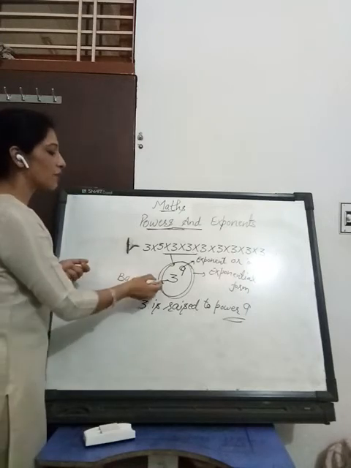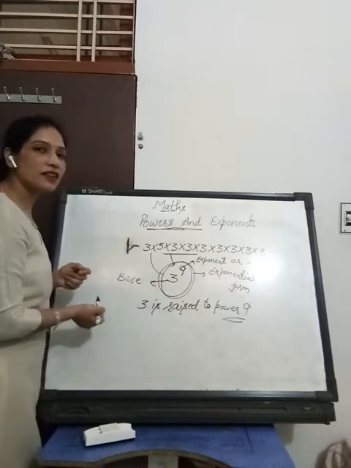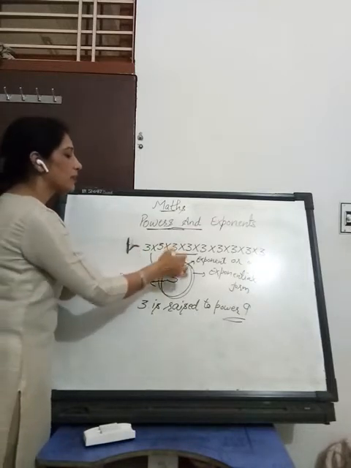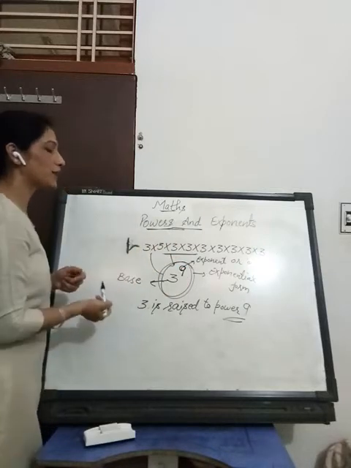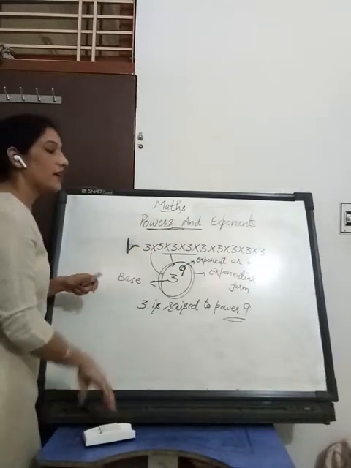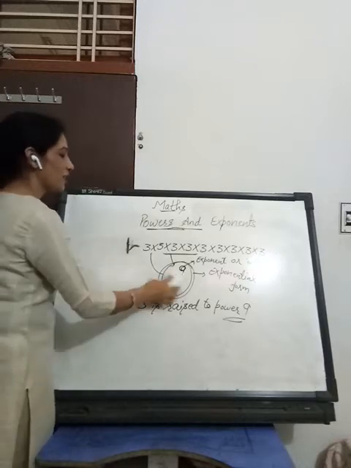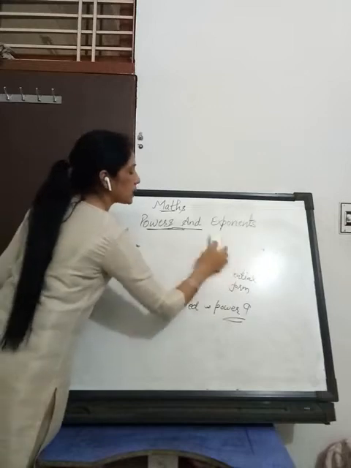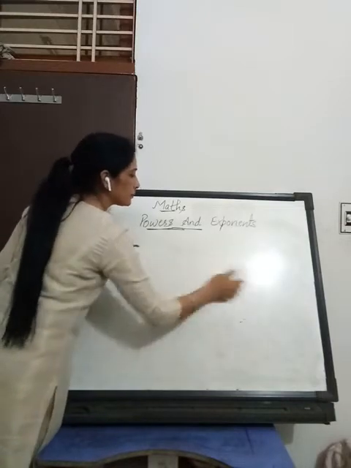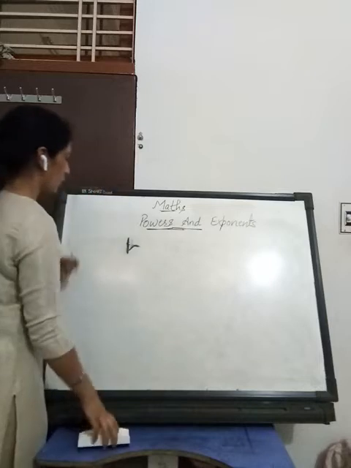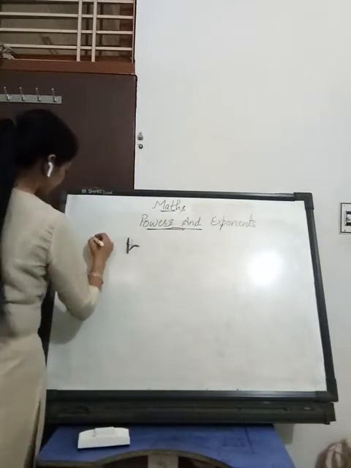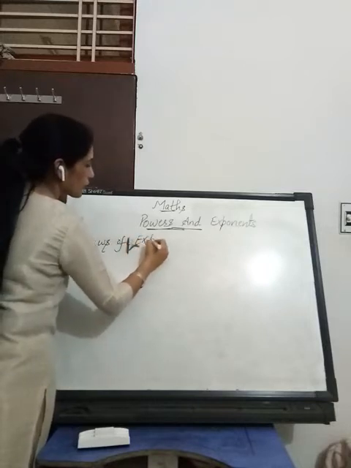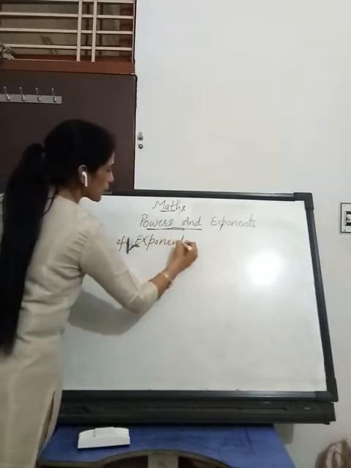Question will be there, you have to write this exponential form in general terms. So first what you have to write? You will write 3 because base is there and the exponent is 9, so you have to multiply base by 9 times. Clear? So for solving these exponential forms, you should have the knowledge of laws of exponents.